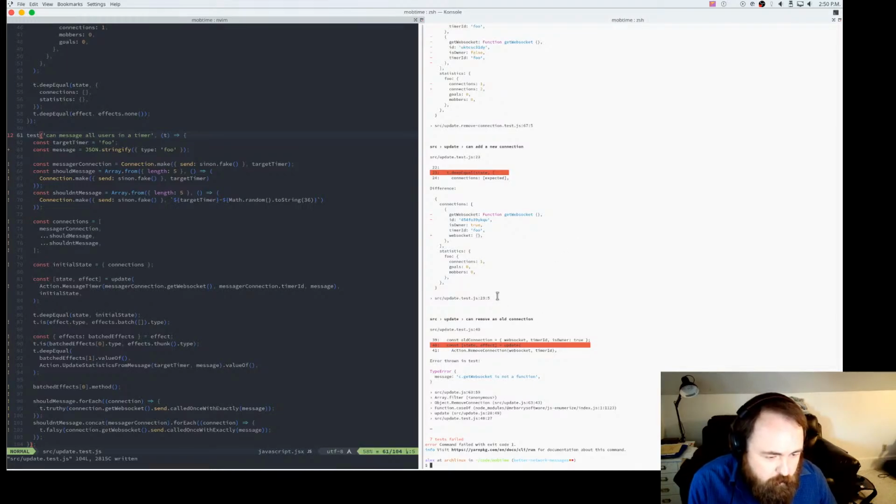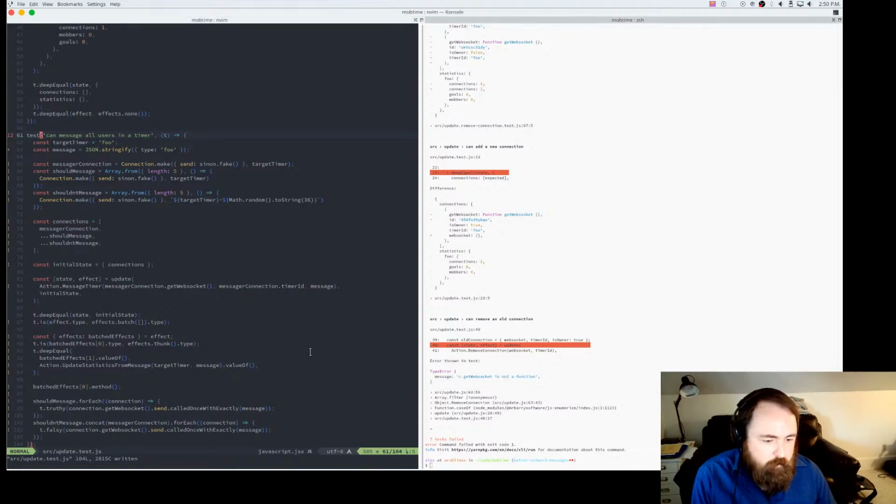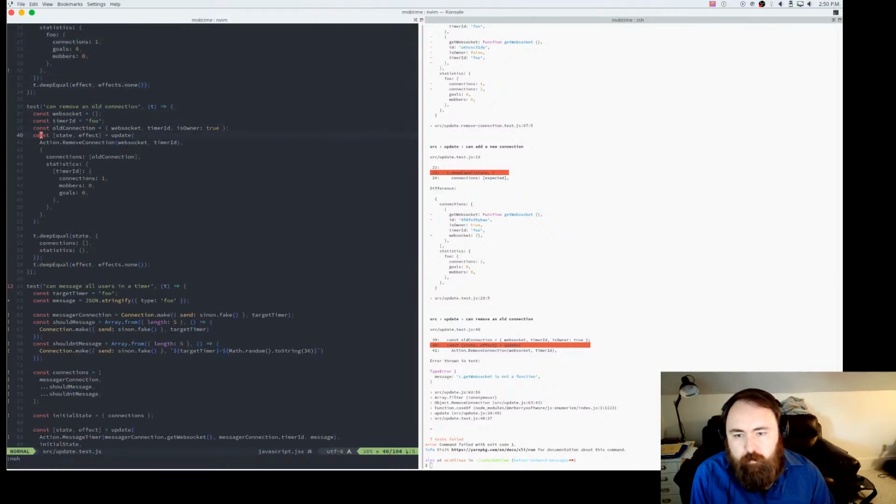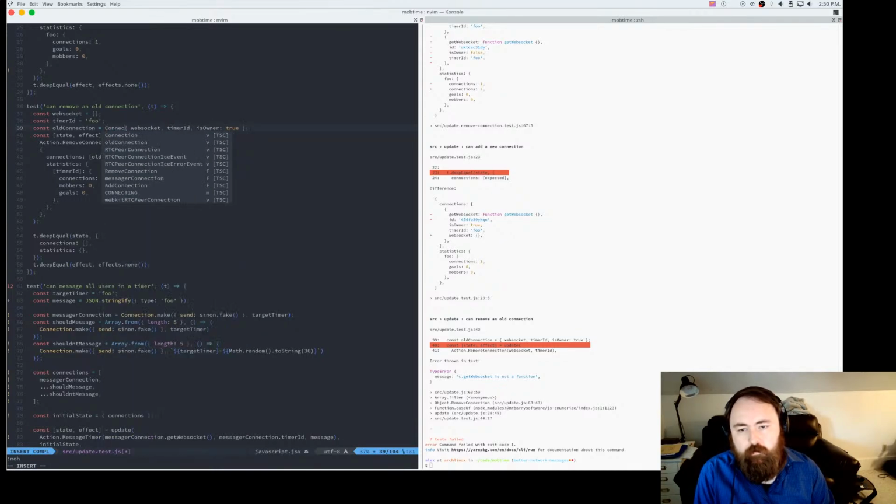So now it can remove an old connection. So get WebSocket isn't a function. Yeah. So I think this is just another one of those. We build up a bunch of fake connections, but they're not real connections. So we're gonna say connection.make. We're going to pass the WebSocket in, a timer ID, and it is the owner.